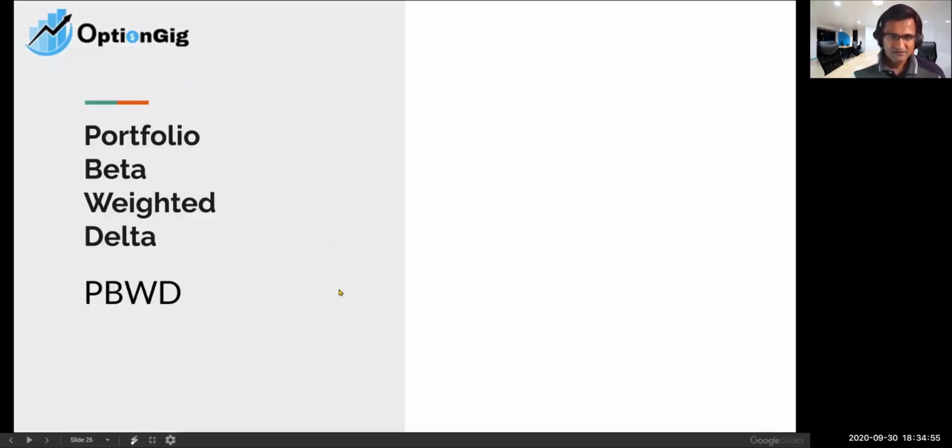All right, so before we dive into the live example, we also need to add both of these things. We talked about delta, we talked about beta. That's the reason why I had to refresh those betas and deltas: I'm going to talk about a third term, which is portfolio beta weighted delta. And that addresses the question